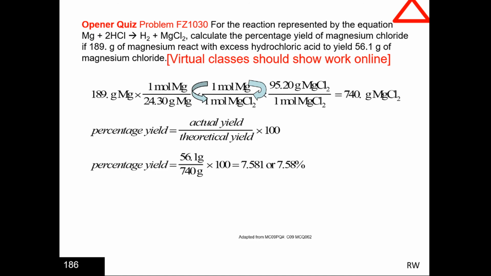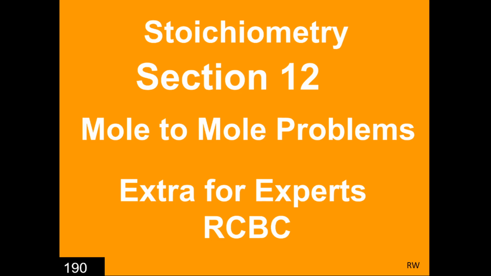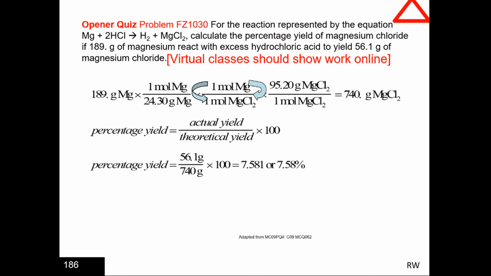But how much did you really make? Well, not too much here. You made 56. Look at the problem, 56.1 grams. So that's your numerator. Your denominator is the theoretical maximum yield of 740. So do the math, you made 7.58%. Okay, so that brings us to the end of this